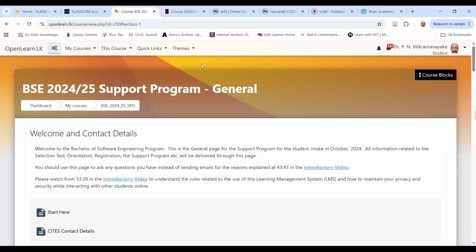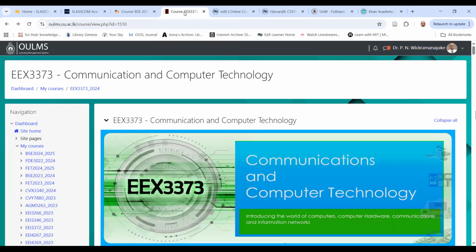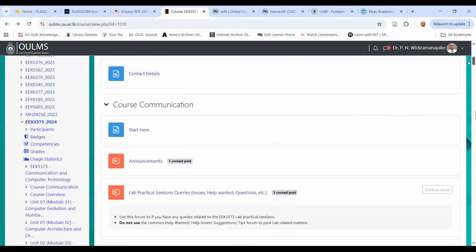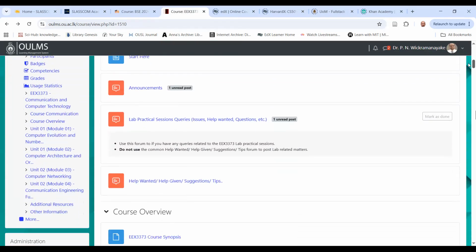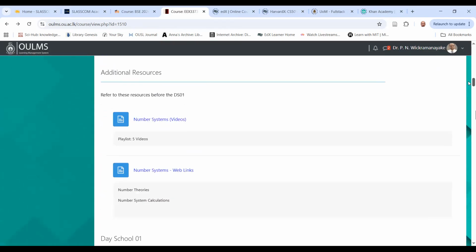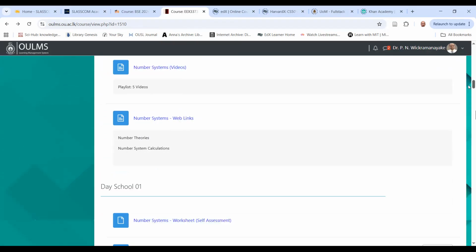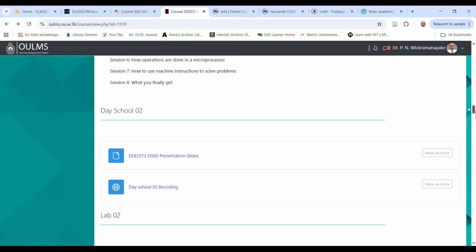Now, I also want to show you at the same time what the learning management system looks like for your courses. This is one course that everyone who comes into the program newly with basic qualifications will do in the first 2 semesters. And it looks the same, and there are forums and so on, and there are different sections, and each section will have some videos, some web links, and some places to ask questions and so on, right?